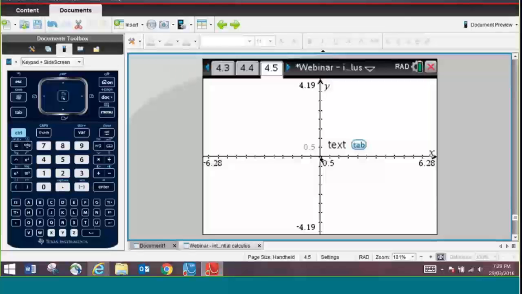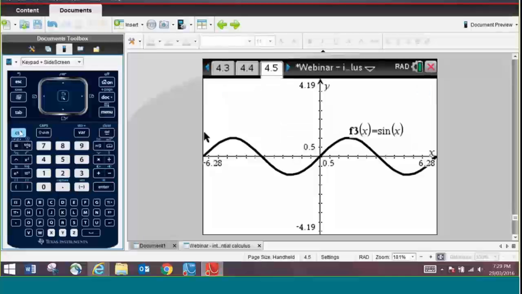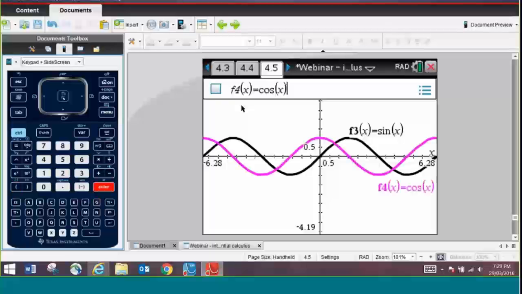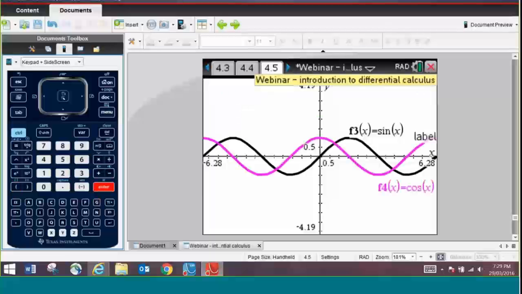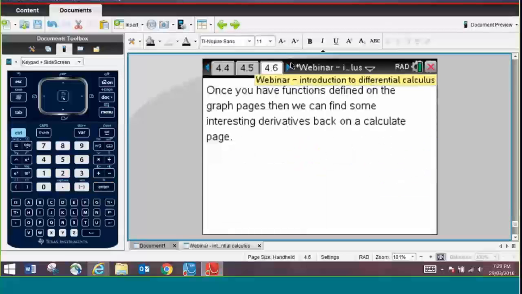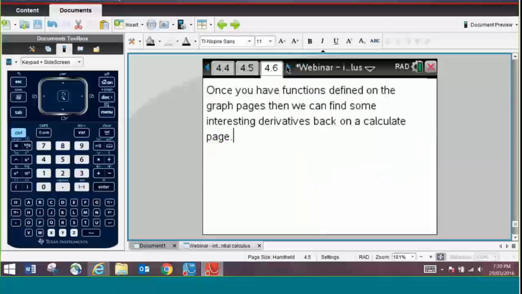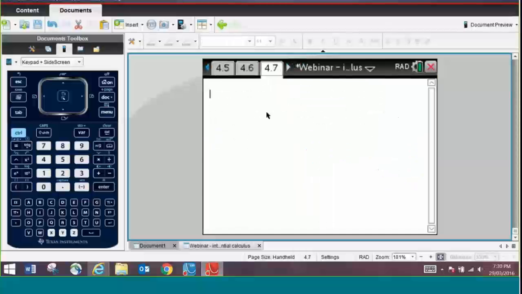Okay, very last thing, I hope I'm not taking up too much time. If I put in sine of x and also cosine of x here, so I can have a look and see that those are there. What we can do back on a calculate page once those are defined, so just taking a note, that's F3 and F4 of x, I can then do some